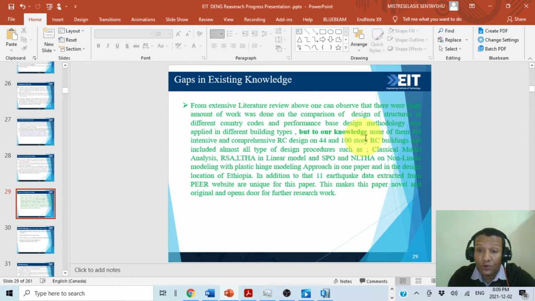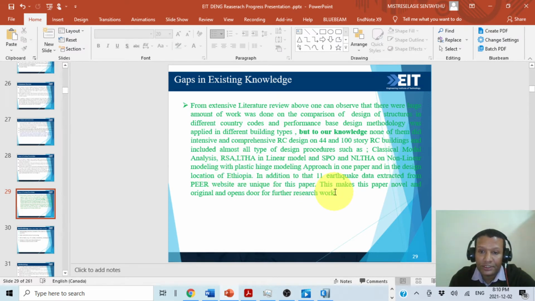But to our knowledge, none of them did intensive and comprehensive RC design on 44 and 100 story RC buildings, and included almost all types of design procedures such as classical modal analysis, RSA, response spectrum analysis, time history analysis in linear model, and SPO, static pushover analysis, and nonlinear time history analysis on nonlinear modeling with plastic hinge